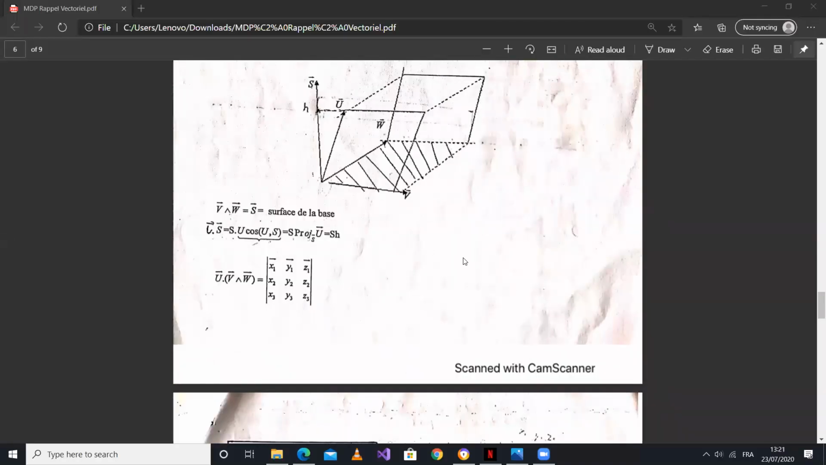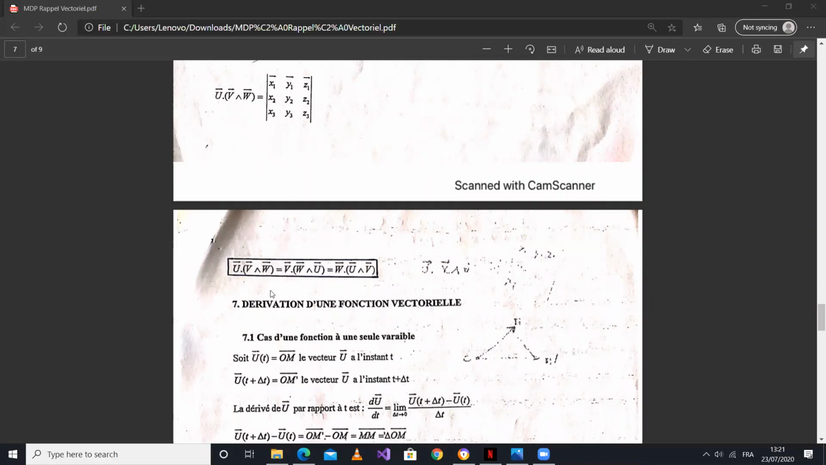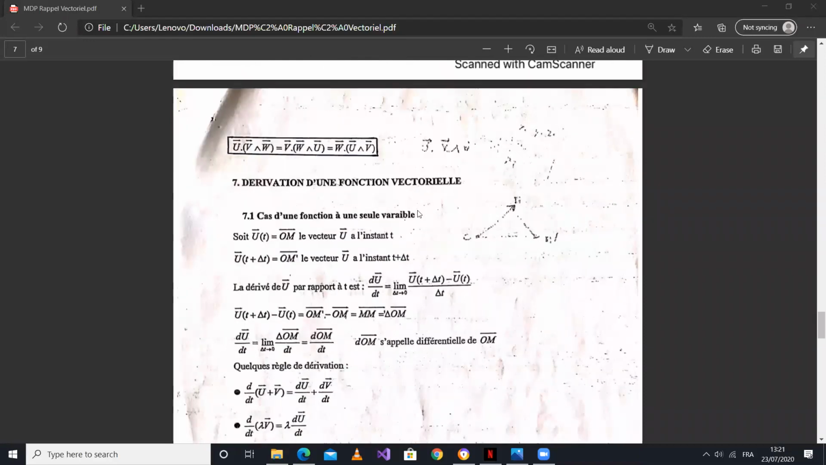Okay, we can get back to the lesson. You can unpin the video. We are almost à la fin. So this was about this. Just have this expression, then we go to the last part of the polycopy today, which is